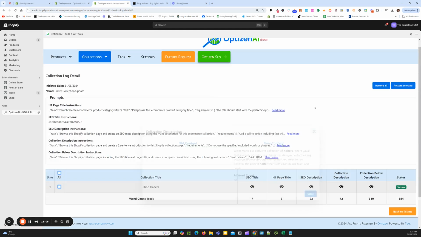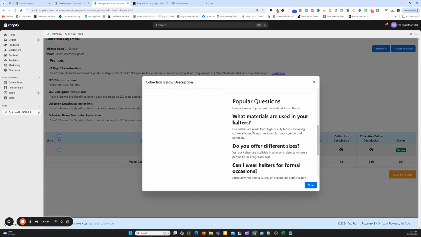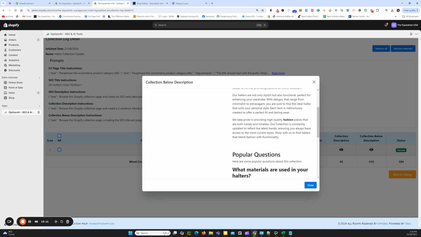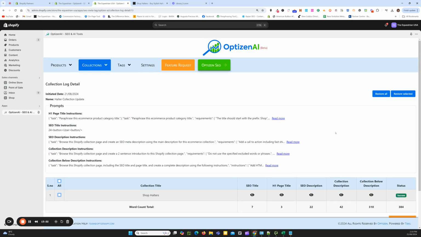The collection description has been changed, and also we have our new content below the product grid. We've got some FAQs in there, which we asked the prompt to do. And then this tells us our total credits that we've actually used as well. So you can always see your credits within the settings section here. Okay, so while the tags are running, we'll go and have a look at our